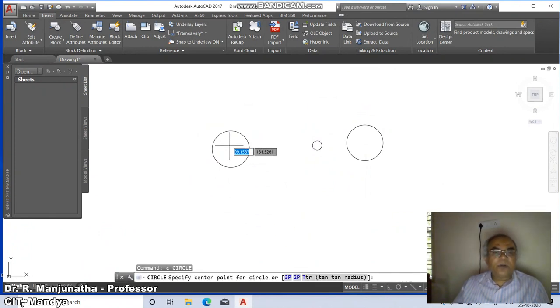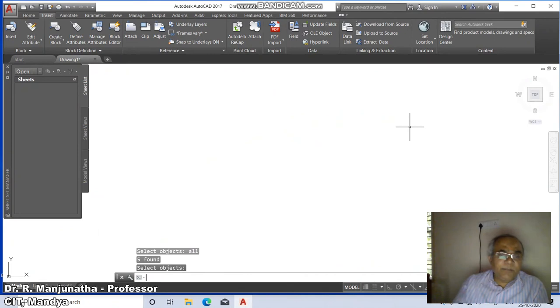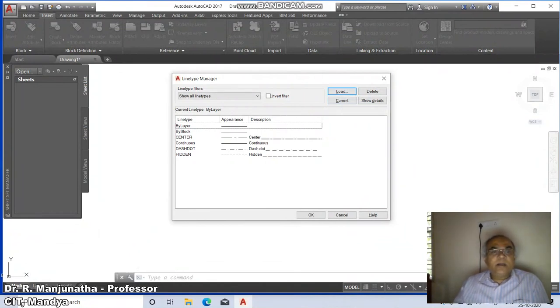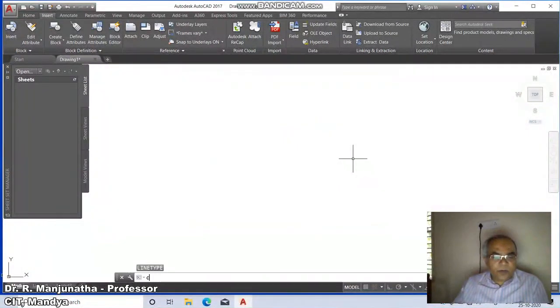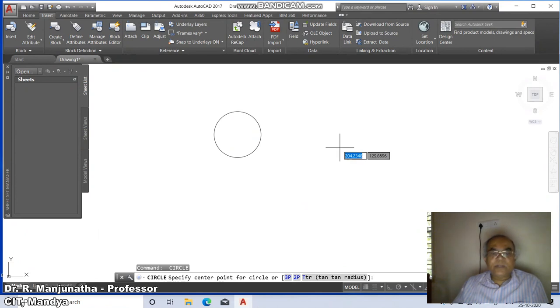But still, if I want to draw, it won't draw in a particular line type. By default, it is still taking the continuous line type, because by default the layer is going to have the continuous line type. So now I want to make that the current line type. So type LT. Now here I want to make hidden the line type. So I just click on hidden and make that the current line type. You just click on current. Then you say OK. Now whatever we want to draw, it is going to draw in hidden line type. So we have the circle, we have the line,